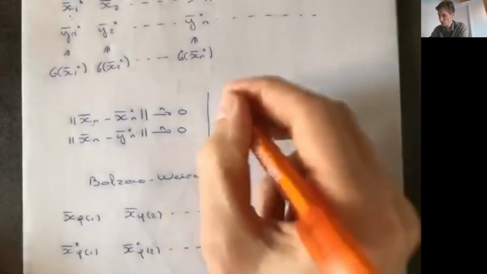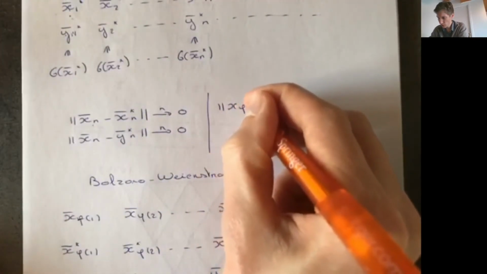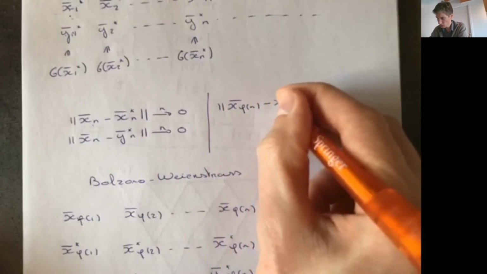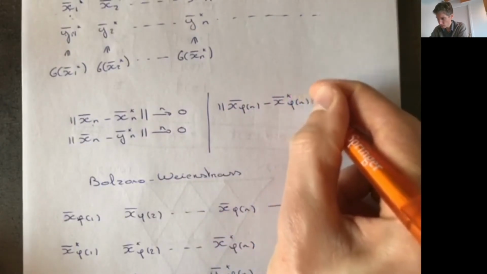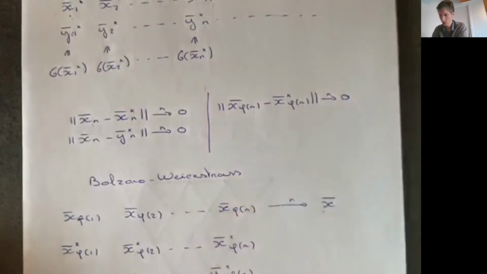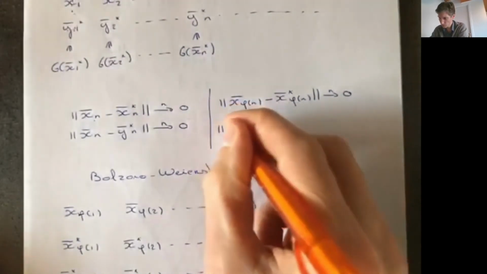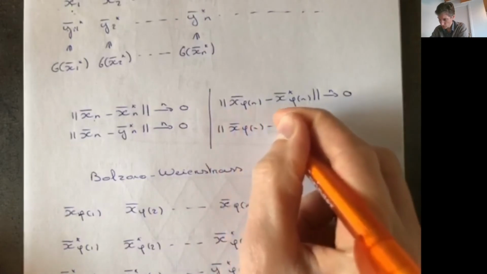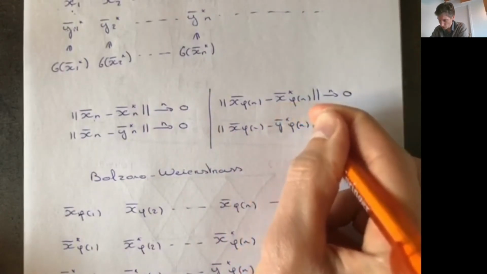So of course, if you take subsequences, you also have that x phi n minus x star phi n converges to 0, and x phi n minus y star phi n